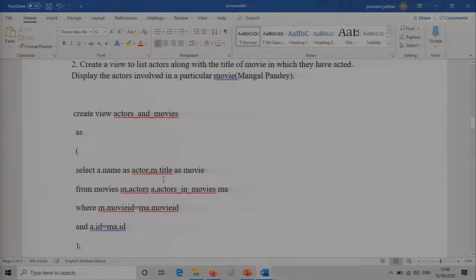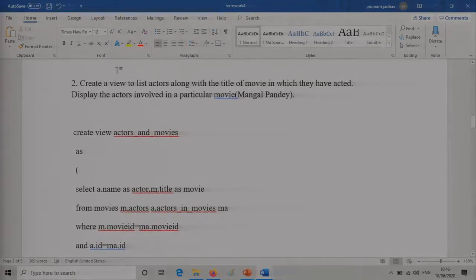Okay, so now the next view that we have to create is, look at this second view. Hope this is visible to you. Look at this, it is create view. Create view to list the actors along with the title of the movie. So list of actors is there, and then I also have to choose the title of the movie in which they have acted. Now this is a query based on that I have to execute, that we will see later. But what view has to be created? Now you have to understand this.